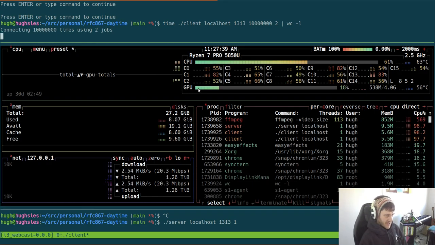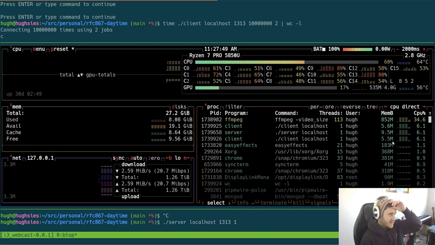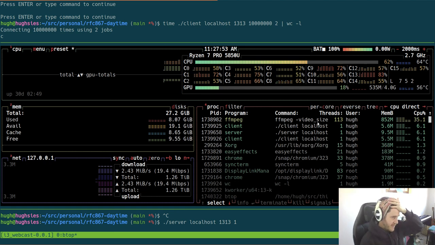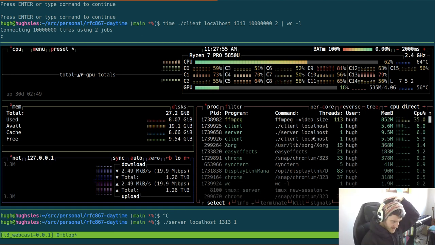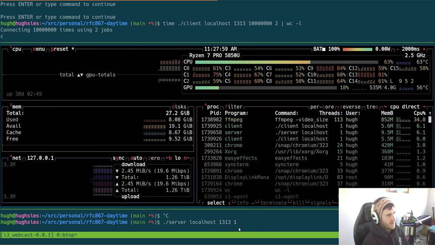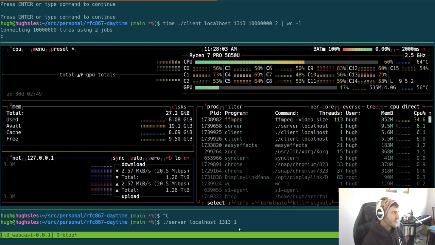I might put it down to per core so we can see slightly different numbers. We can see here that it's not really doing too much. I guess FFmpeg is taking over. But I've only got one job running on the server, so we can make this a bit more multitask. Now, I was doing some experimenting